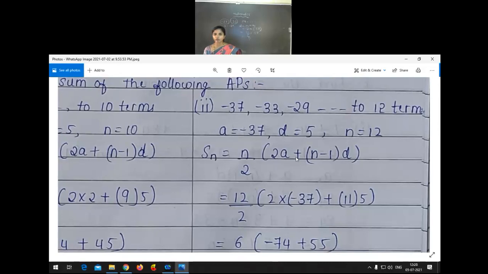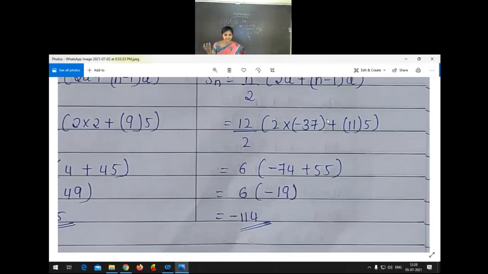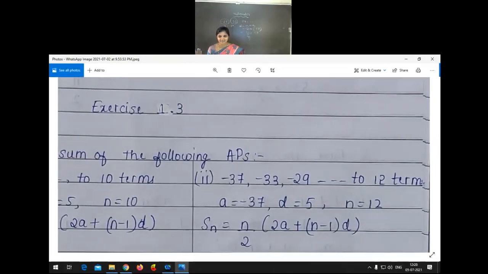Okay, so I think no need to do this problem again, it is the same type of question. Here you just make it 4, and we have to substitute the values as they are. Put 12 for n, then 2 into a value which is minus 37, and n is again 12 minus 1, and the difference is 4. That 4 we have to take and calculate. Finally, what answer will we get? Can anyone tell me the answer please? Yes, 180. Everybody's answer is 180.